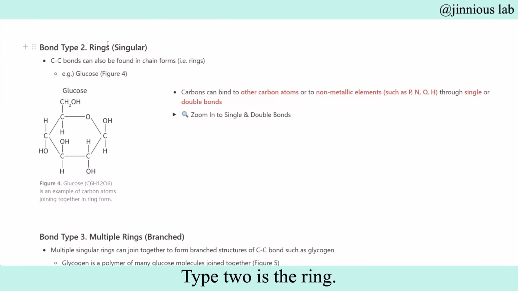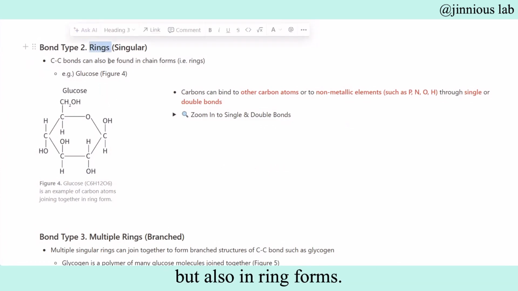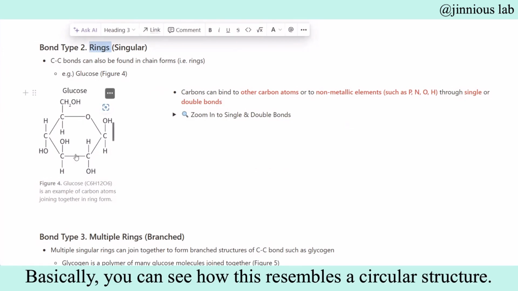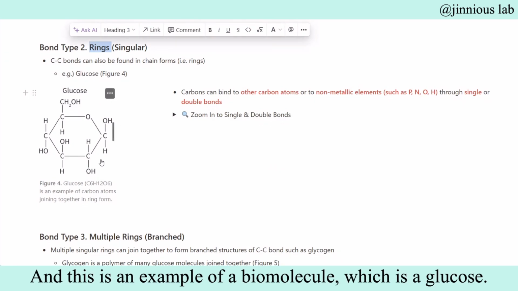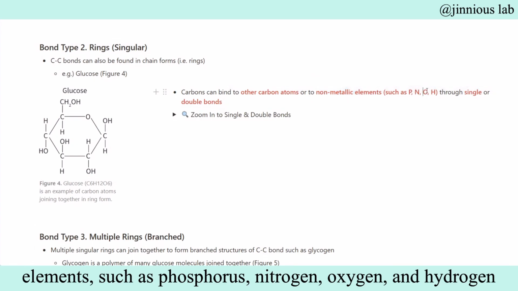Type 2 is the ring. The carbon-carbon bonds can also be found in chain forms, but also in ring forms. Basically, you can see how this resembles a circular structure. And this is an example of a biomolecule, which is glucose. Carbons can bind to other carbon atoms or non-metallic elements such as phosphorus, nitrogen, oxygen, and hydrogen through single or